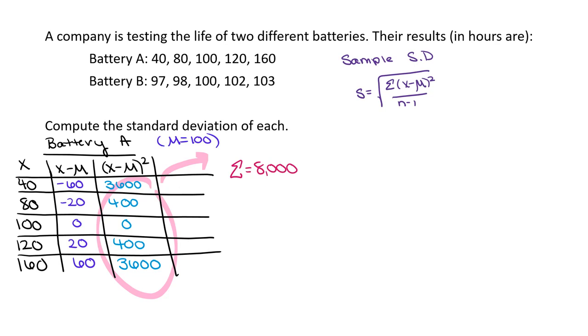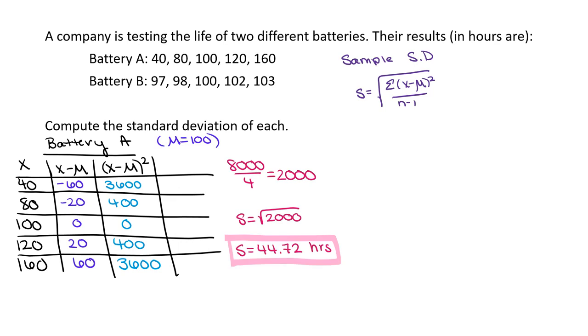Finally, almost done. 2 more steps. N is 5. There are 5 data points in this set. So n minus 1 is 4. So I'm going to take my sum, which was 8,000, divided by 4. I get 2,000. And then finally, I take the square root of 2,000. And there's my standard deviation,